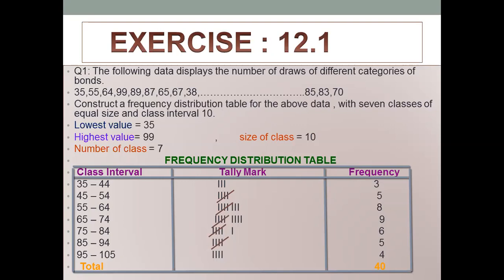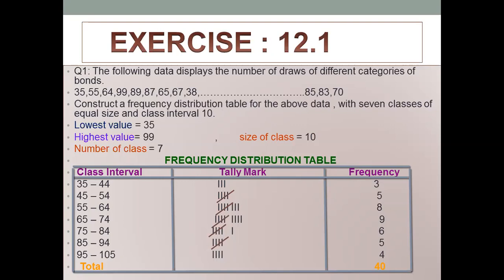On the other hand, you see 44, 54, 64, 74, 84, 94 and 104 will be here. I wrote 105 here, but 104 will be here. You see that in every number there is a difference of 10. Definitely 44 and 54, 10 is in between them. And this is called the upper class boundary. So we have two limits, lower limit and upper limit. In the first class, 35 to 44, 35 is the lower limit and 44 is the upper limit.